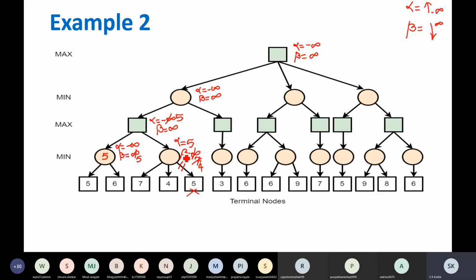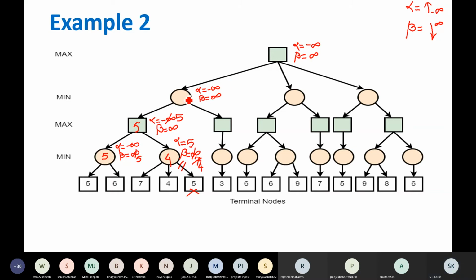Then what to do? What value will this node have? 4. Correct. Then what value will the next node have? 5, because it is getting 4 from this. 5 is better than 4. Now backtrack further by DFS.